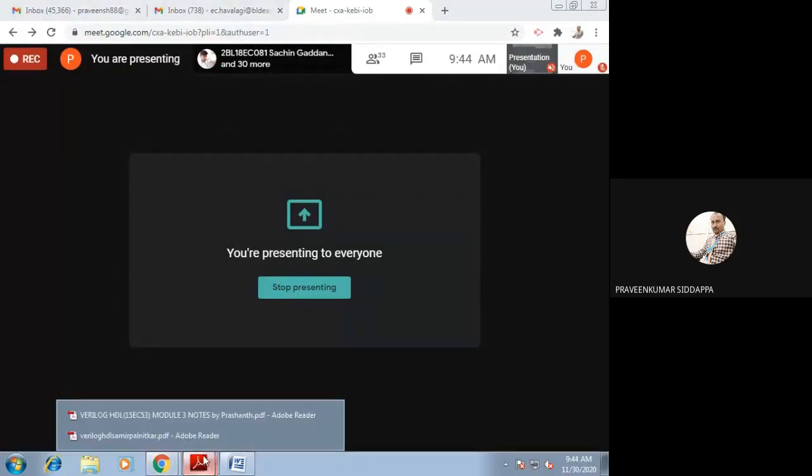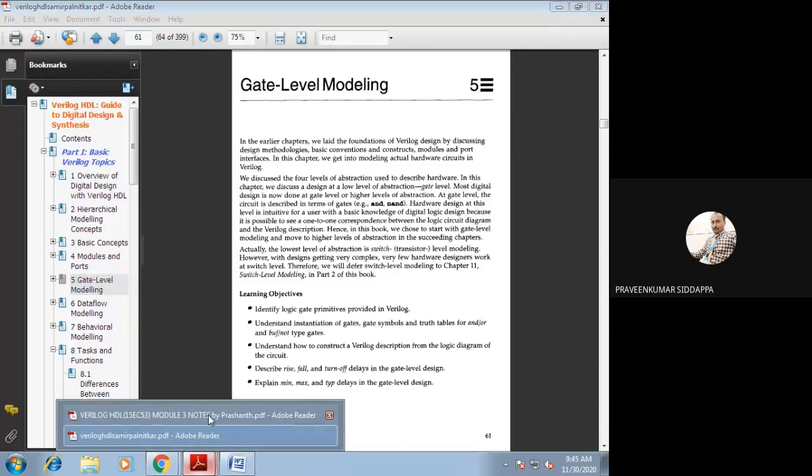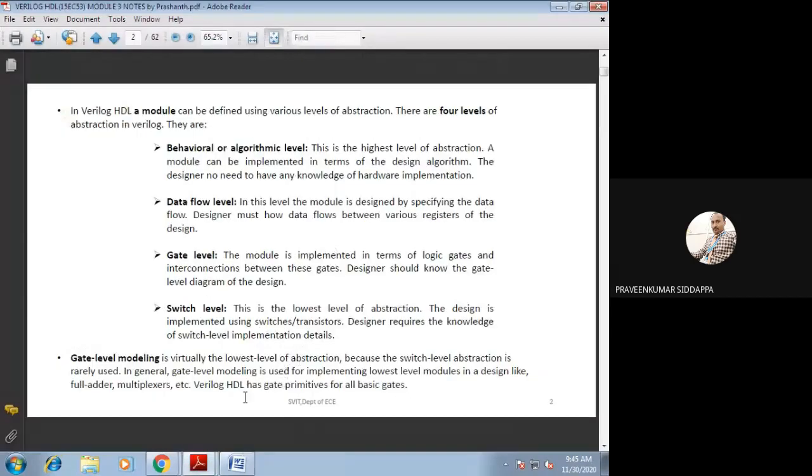I have written gate level modeling in your slide, you can check it. Gate level modeling is virtually the lowest level of abstraction. Remember, this one is the lowest level of abstraction. Any code we write uses gate level modeling because switch level abstraction is rarely used.